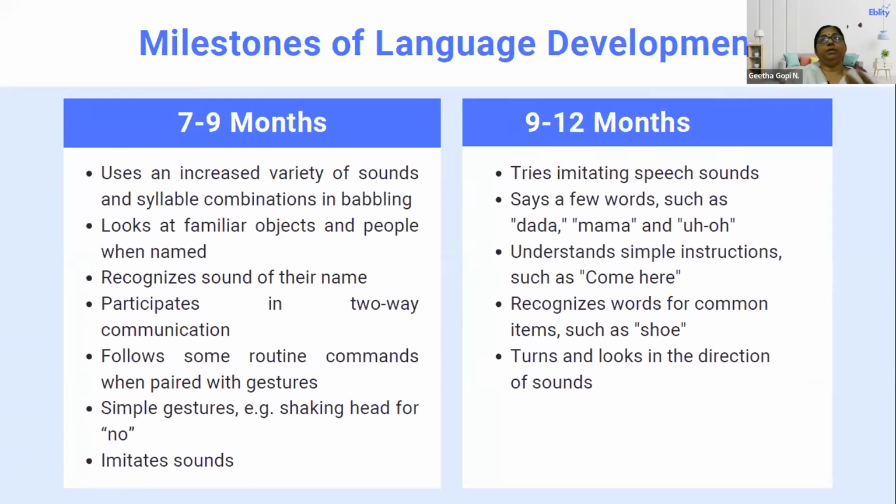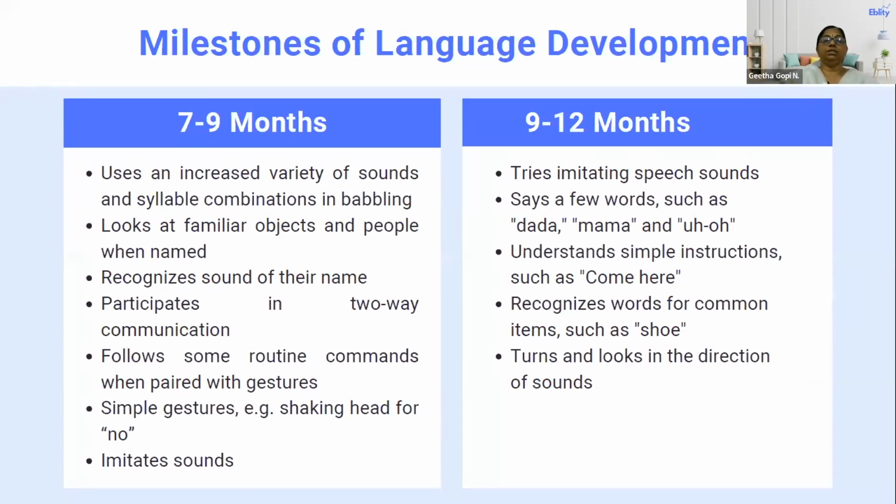Again, here they may not be speaking words, but you can have a kind of baby talk. People can talk to the children and the children start responding quite often with expressive intonations in their babbling sounds. They can follow some routine commands. Sometimes you ask them to clap or show something. They do things like this, trying to imitate some of the sounds you produce,